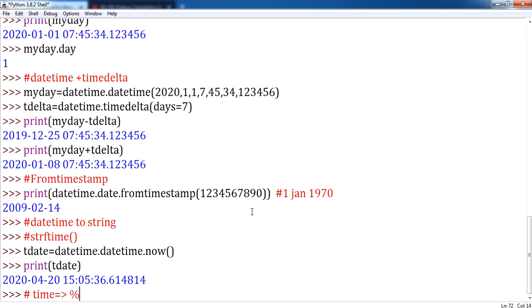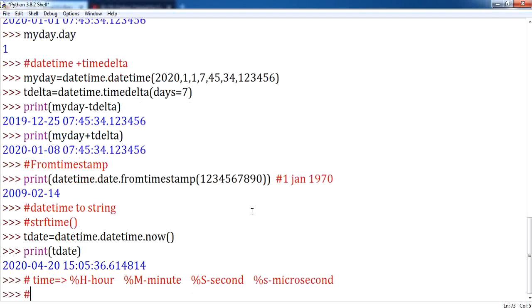For minutes, I will be using %M. Next is %S, which is for seconds. And next is percentage lowercase f, which is for microseconds. I hope you are clear with these access specifiers.